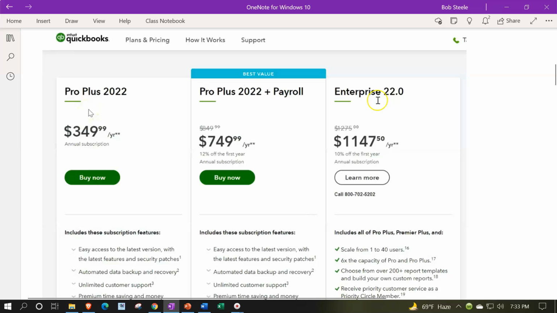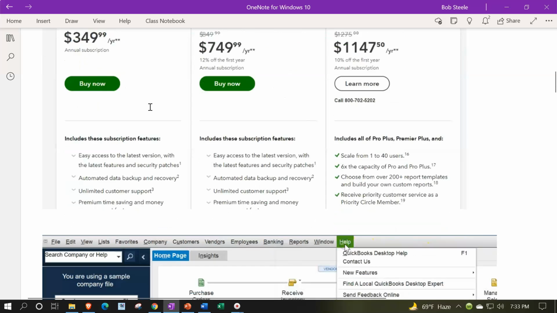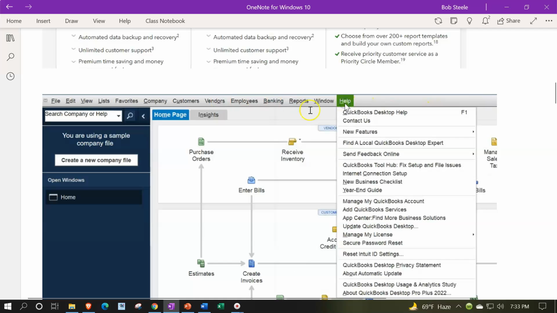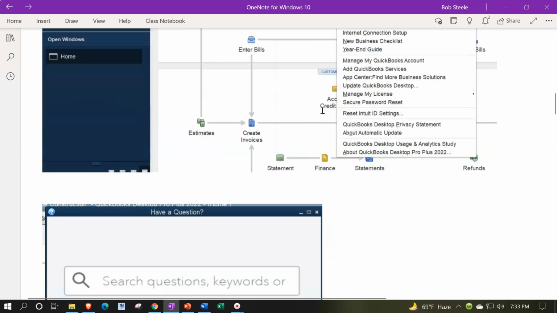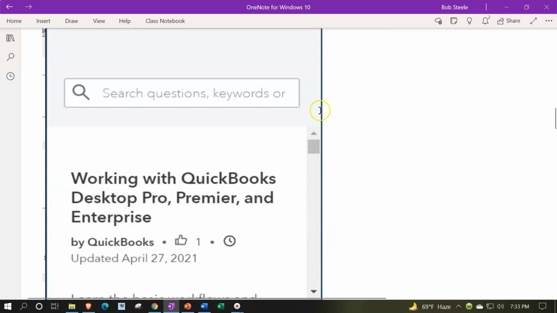If you look at the purchase, when you purchased QuickBooks on the desktop version, if you got the Pro Plus for 2022, they do have the help option in there. So you might want to just double check what your help options are in the version that you purchased of the software. Then back to the drop down in the home page, we could then go to the first option,